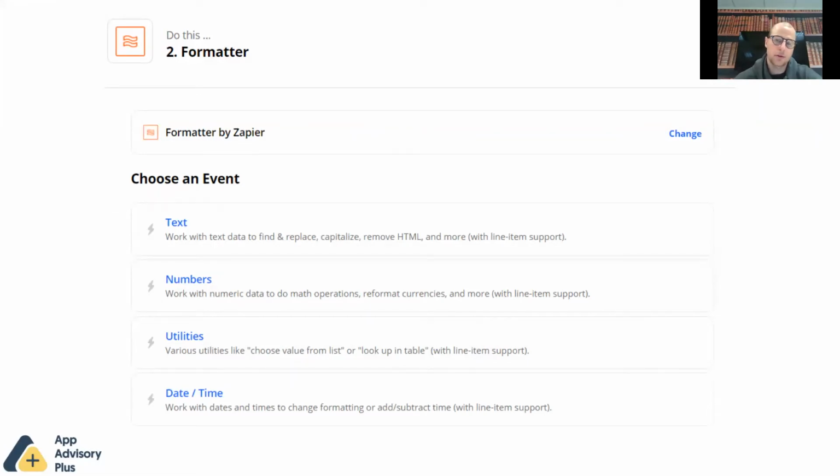Sometimes after a trigger event, we have to change something about the way that data is presented in one app to be usable in another. And for that data,